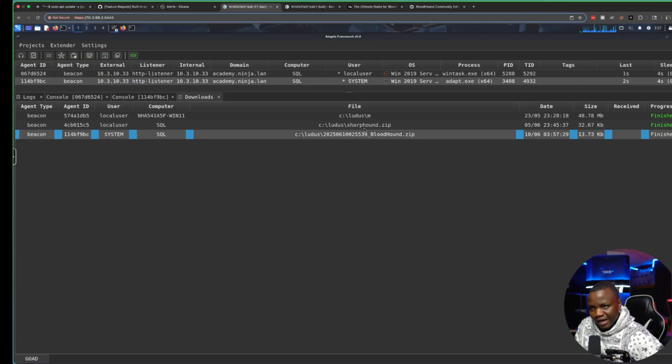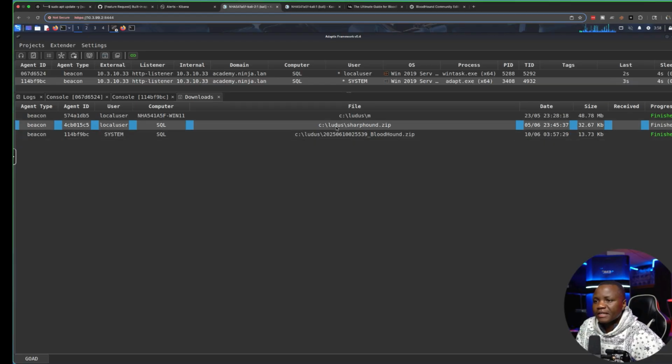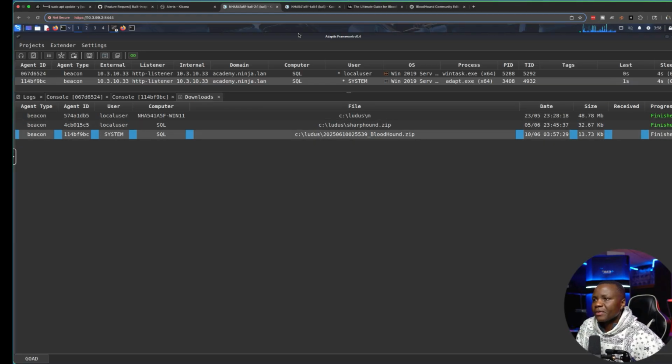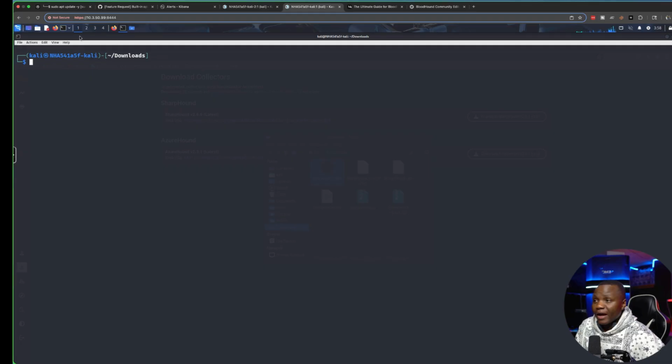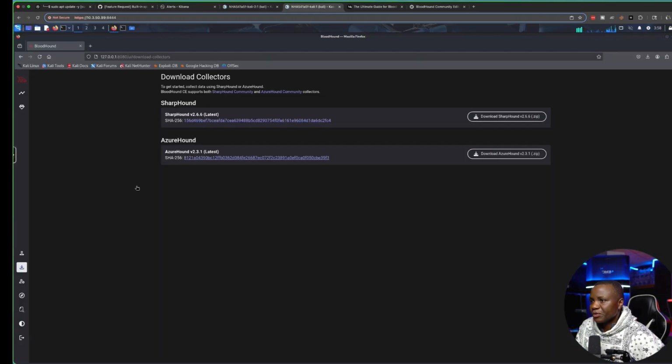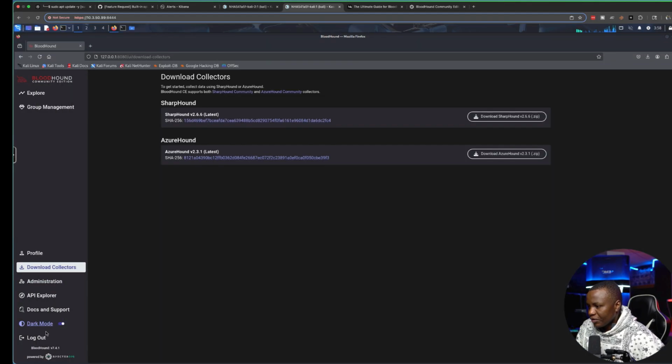Okay, so as you can see, I already also had another one called SharpHound.zip. That's the same exact file with the same amount of content in it. So this one and that one. I will show you how to import it in a brand new Kali, so you know how this is done. So after having your SharpHound file on disk, go back to your newly deployed